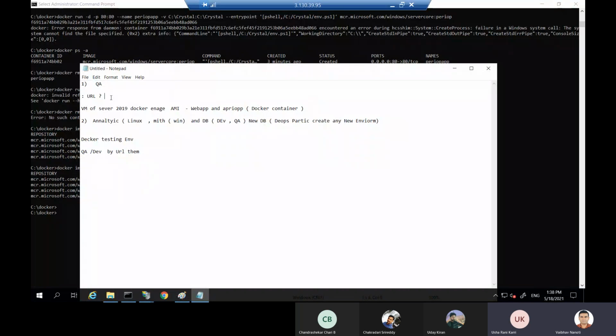Okay, got it. Then we'll wait for 1 day, and after that we'll ask Chandra whether our environment is ready, the URL is ready, and whether the QA and developers should do some sanity testing on that URL, and whether we should go for the other Dockerizations for Mirth or analytics specifically. Okay, Vaibhav, I got it. So by tomorrow we will be ready with the machines, and we'll keep posting updates on where we are in what step.